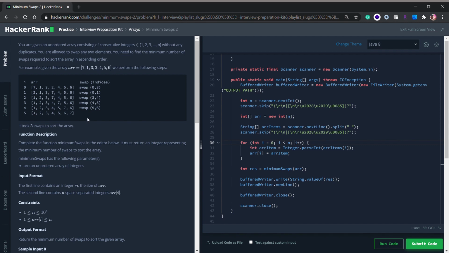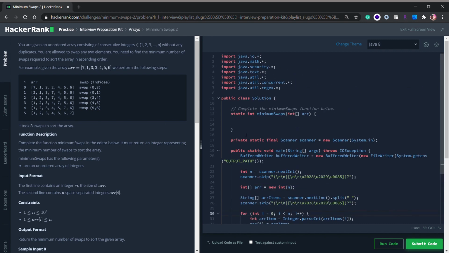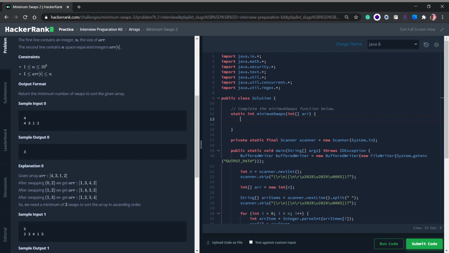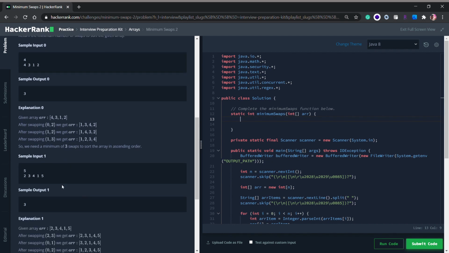So what I came up with is a solution. We can use these numbers because they are basically indexes. You can think of them like indexes. For example, let's have a look at an easy example like this one, given array 4 3 2 1. So let's assume our array is 4 3 2 1.